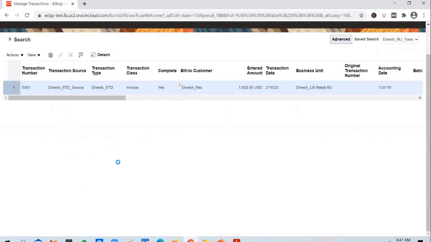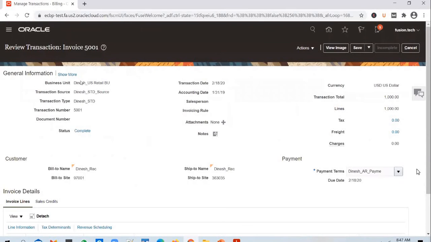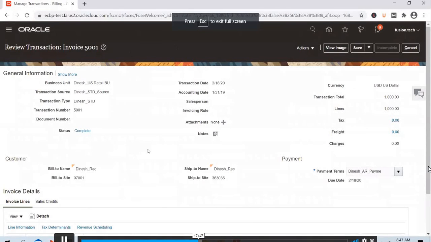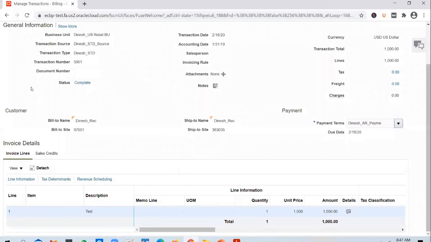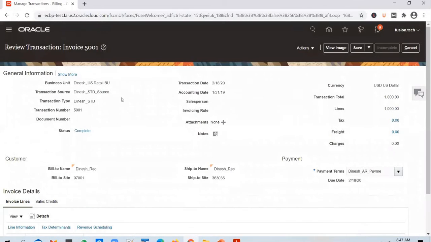I'll pick up one of the sample transactions and edit it. And if you look at the invoice details, yes, you have invoice header level details, some header level details on the invoice, and on an invoice you have a customer, right? So think of this as an invoice you receive from Amazon or Flipkart when you buy something, right?